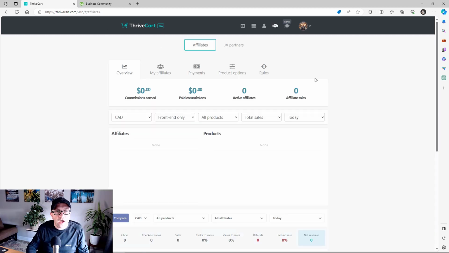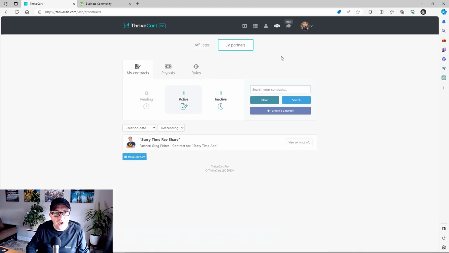You can also have not only affiliates, this is the dashboard, but you can also have joint venture partners. Let's say you're creating a course with somebody and they're contributing one part of the course and you are doing the other part of the course. Well, ThriveCart makes it really easy to make sure that you set up a contractual obligation and you split the